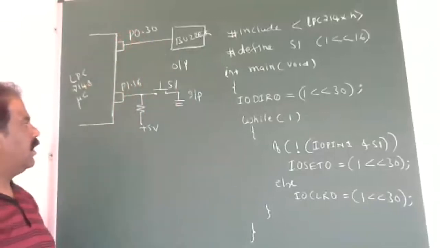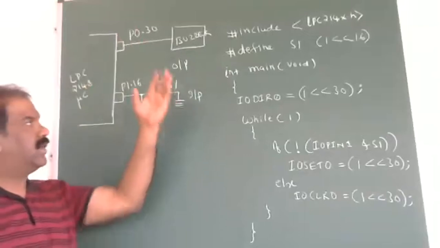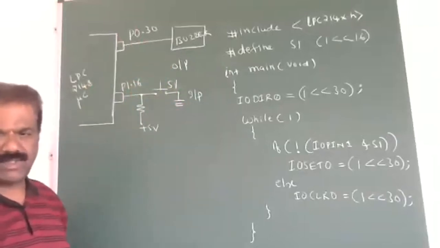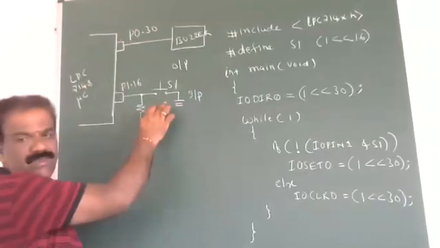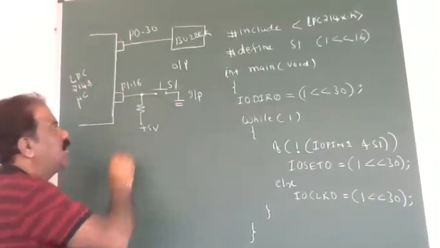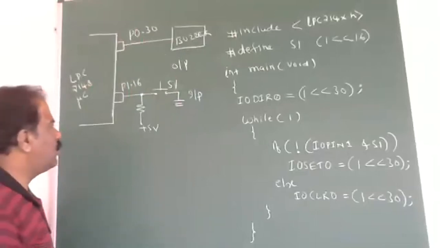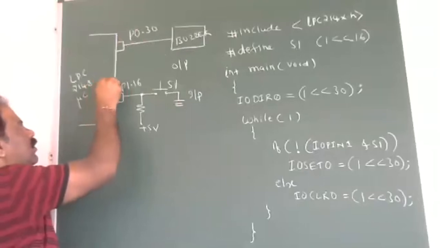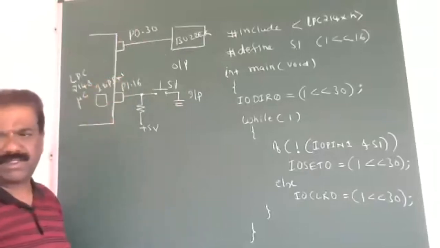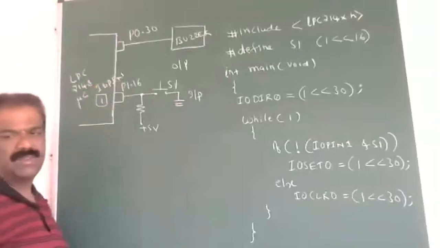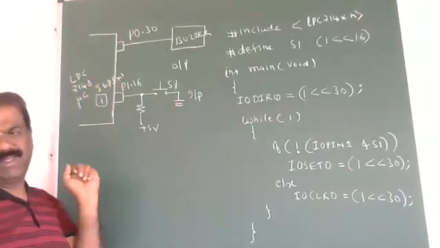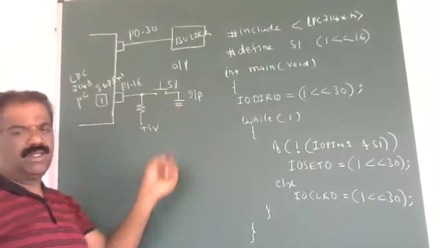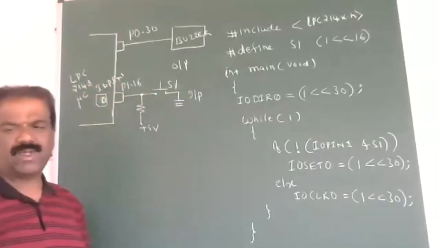I already explained LEDs and switches in the previous lecture; for more details, you can go through the previous videos. Now, by default the switch is open, and the potential at this point is 1. If you look at the IO pin register, it contains 1, so 1 means the switch is open. If you close the switch, this point is directly connected to the ground, and the potential becomes low.